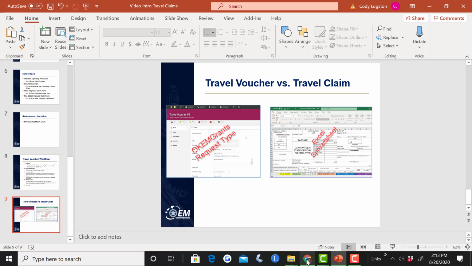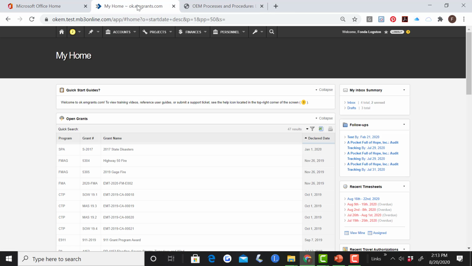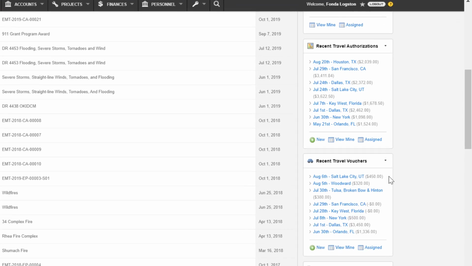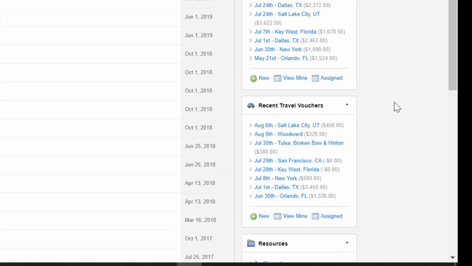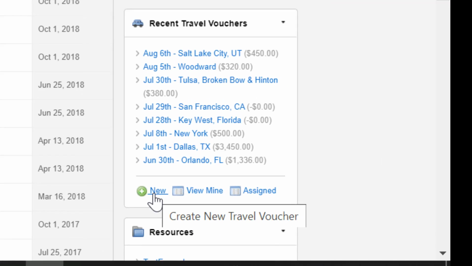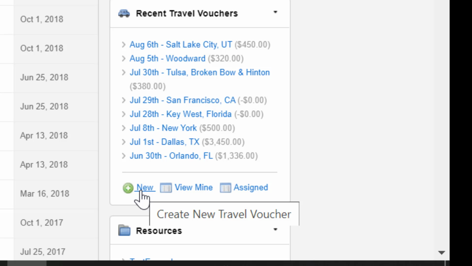So let's just take a look at how to complete a travel voucher. Once you have logged in to OKEM grants and you've gone to your home page, on the right hand side you will see a box that has all your travel authorizations listed, and then you have your travel vouchers listed. So if you're ready to complete a travel voucher, you're going to click the new link at the bottom underneath the travel vouchers,